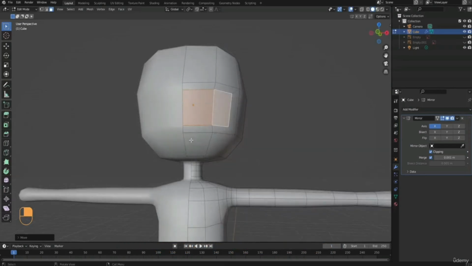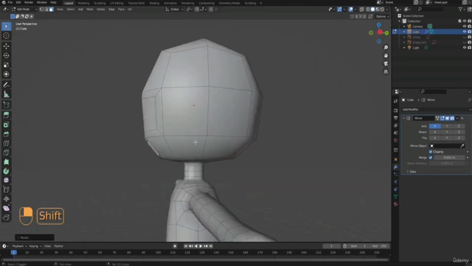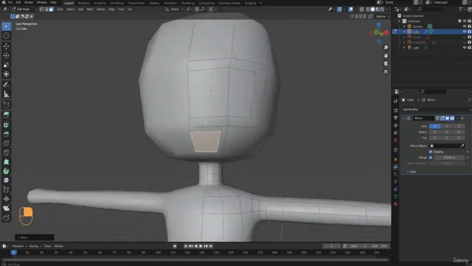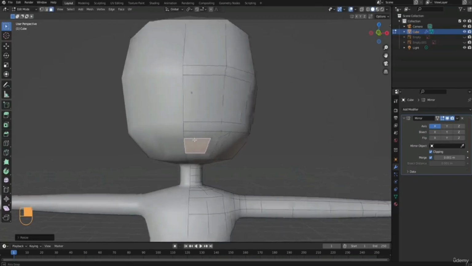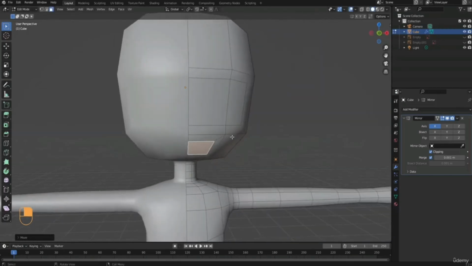Let's do the same for the mouth area. Select this face, then press E to extrude the face. Click to accept the extrusion, then press S to scale it in. Now we have a nice rounded continuous loop around the mouth as well. Move the newly extruded faces out a bit with G and Y. You're just trying to make the curvature of the face nice. You don't want these new faces to be too